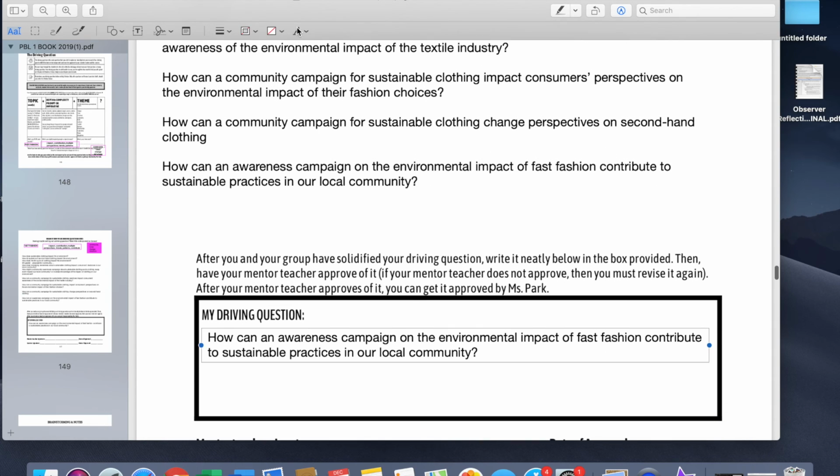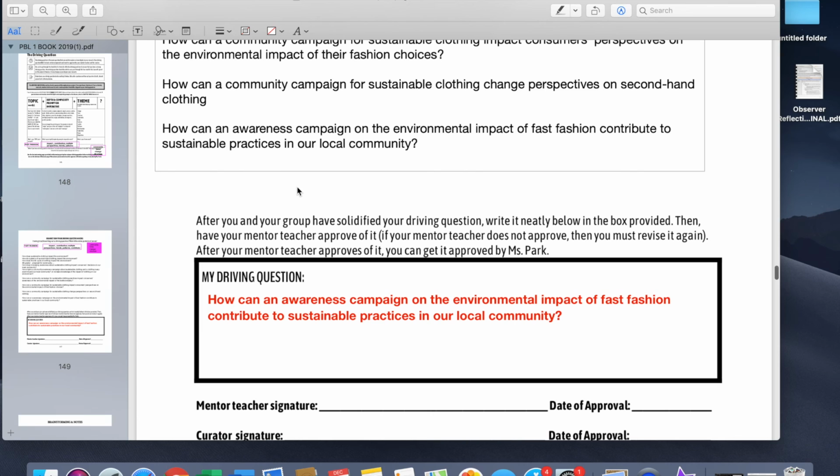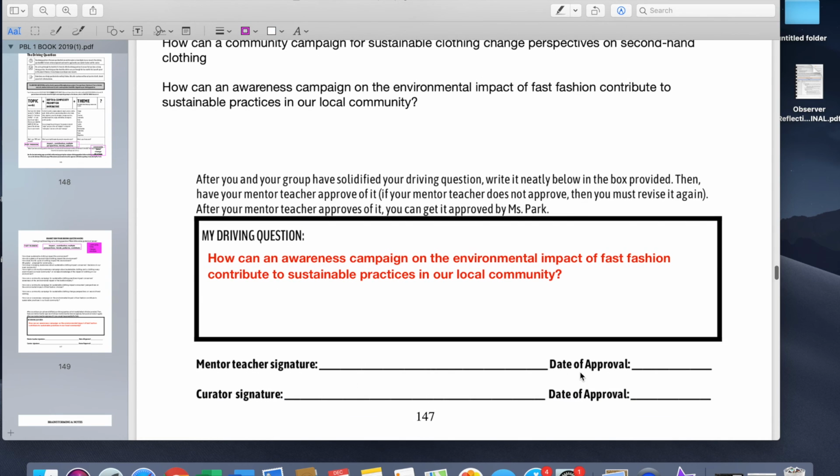So I chose this as my final draft, but it could definitely be rejected by my mentor. Miss Park might decline it and make me change it a little bit, but I know that this is my best one I have so far. So I'm going to go ahead and submit this by December 13th for my mentor's signature. And then I'm going to show Miss Park this for her signature and her approval before December 18th. So I definitely need to check out my calendar, do the mentorship log, do my December reflection. I have tons of things to do. This is just one step of the way.